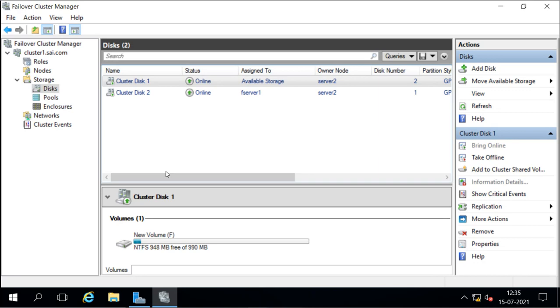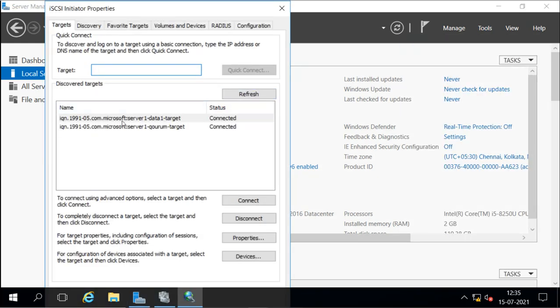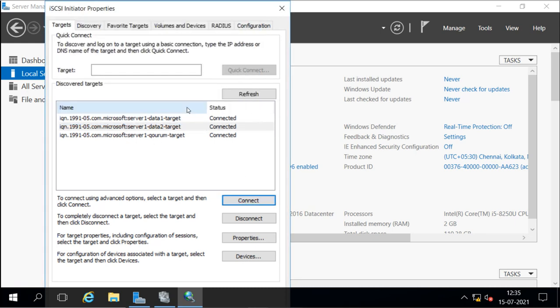Now this is server 2, and I will go to iSCSI initiator and refresh to discover the new target. Okay, this is the new target we have, data 2. I will select that and connect it. Now this one is also connected on server 2.